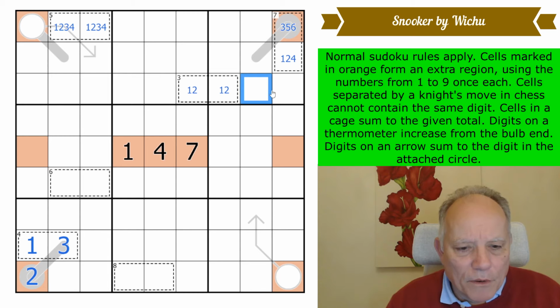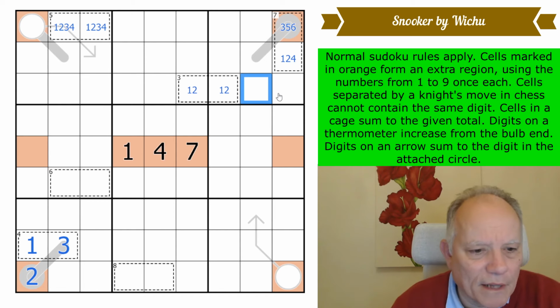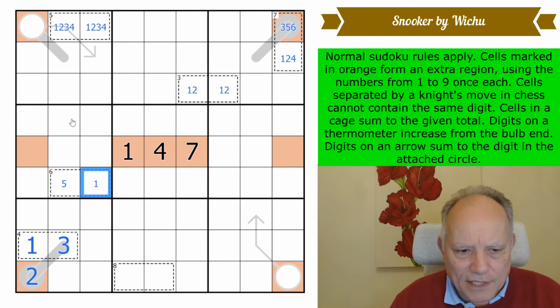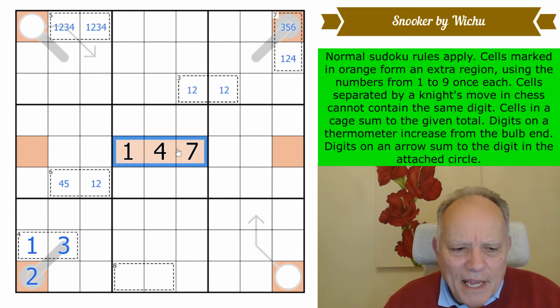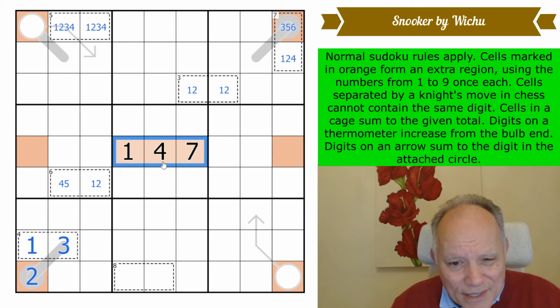Now, the knight's move. We're not forgetting Knighty McKnightface. Well, I was trying to, but I failed. Both of these 1s are pointing at that cell. So this cage, if it's 5, 1, is that way around. If it's 2, 4, we know which way around it is because of the 4. I don't think this 1, 2 affects the 1, 4, 7. So I suspect to make the next progress, we are going to use the knight's move rule